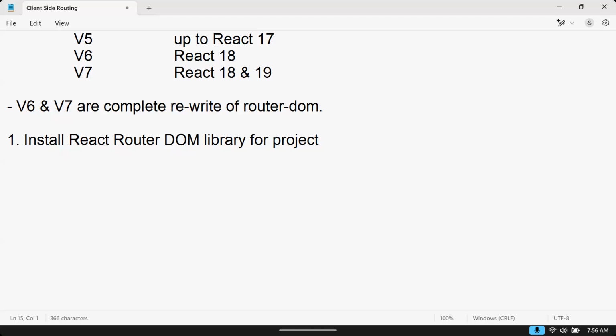That means they develop the router versions separately, independently from React. In that case, before the new React version comes, many new versions of the router may come. So you need to keep in touch with the router. Is it changing regularly or not? Okay. How do we install? npm install react-router-dom --save. After installing React Router DOM, what it provides is